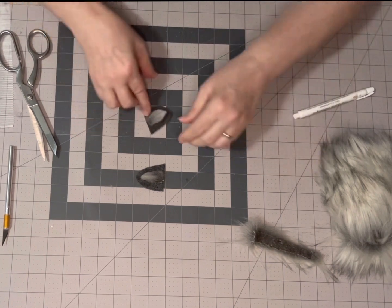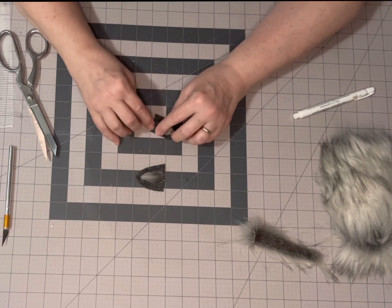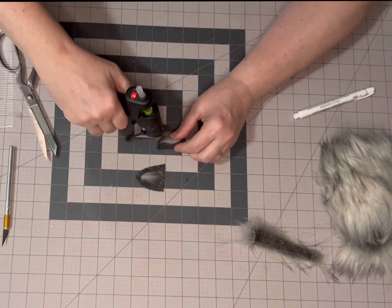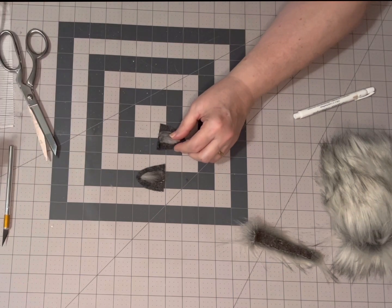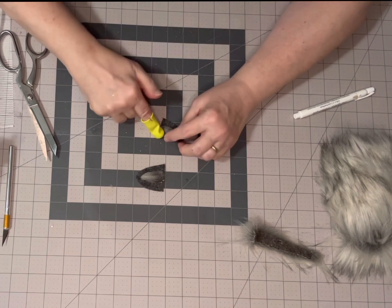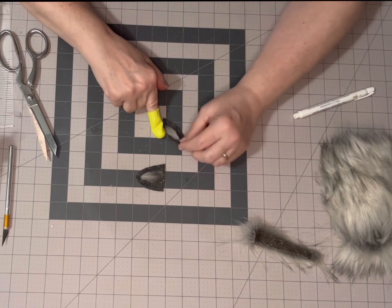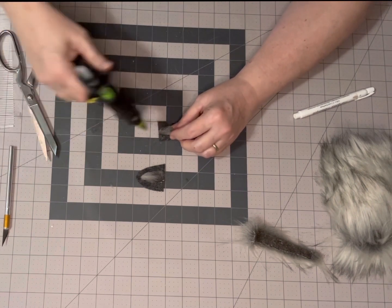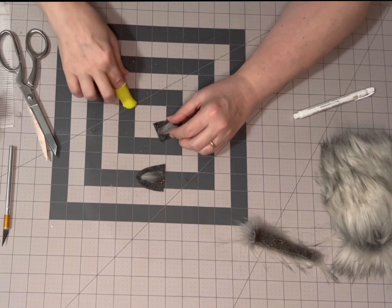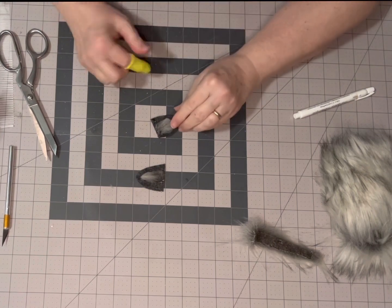Okay, then the last part of making the ears, you're going to take each corner and fold it over and then press it down like that, and that's going to make a little ear. Okay, so we're going to do that. Put my hot finger protector on. Just press that down. So cute, y'all. Okay, then we're going to do the same thing over here. Need to pull this down a little more onto my finger. Okay, then we're going to,